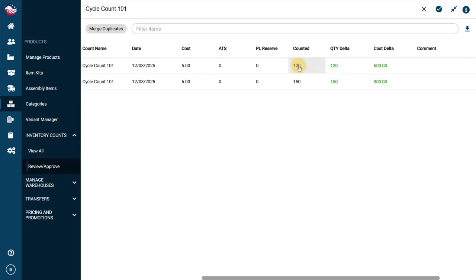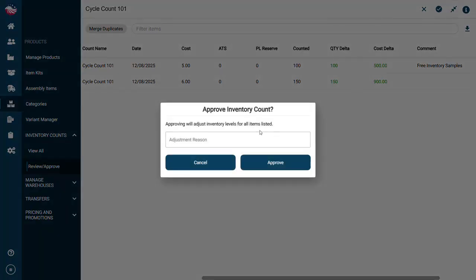As the approver, you can also update the count quantity, and you can update your comment here. So for example, you did count 100 pieces, not 120, and you can put in a comment. And from there you can either reject or approve the changes. Let's approve the changes and put in an adjustment reason